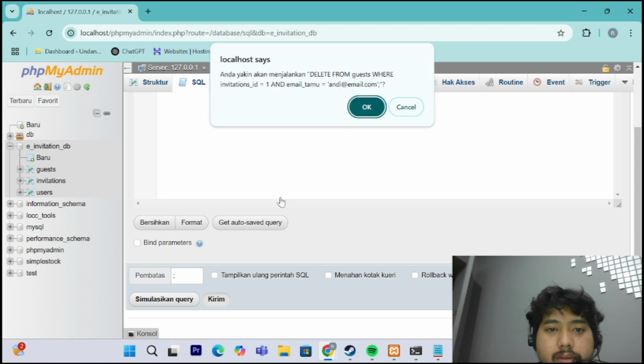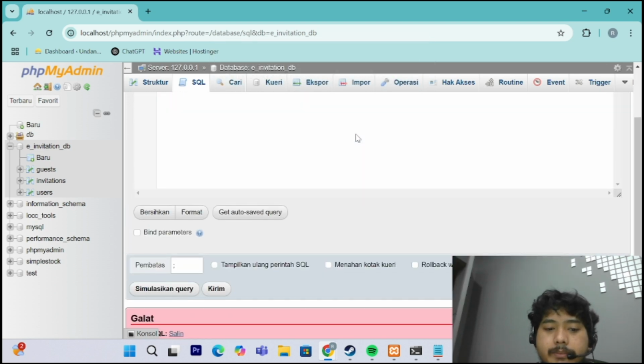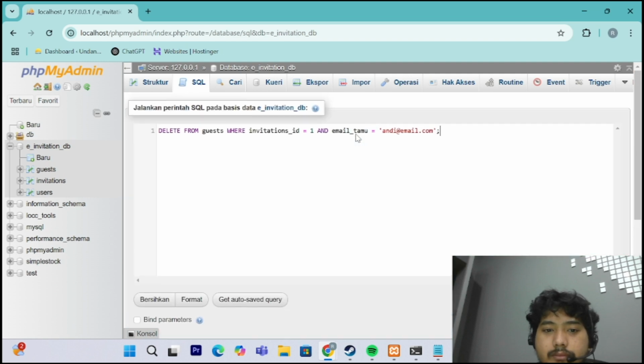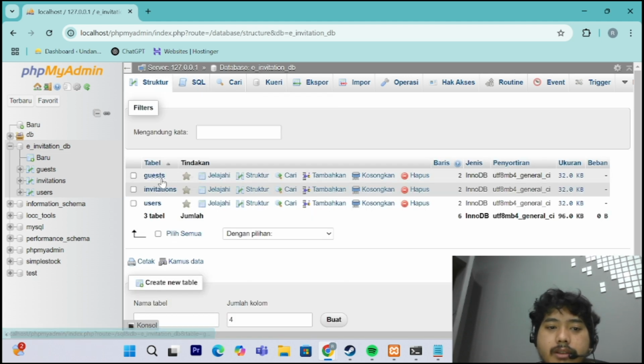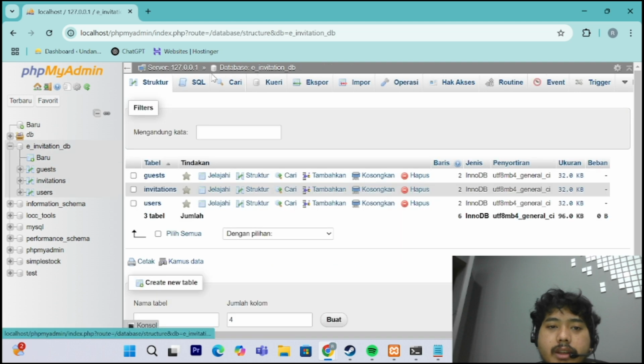Go. Okay, there is some error. I will check the guest table before and check the invitation ID is 2 and is 1. Okay, let me check again in the SQL.